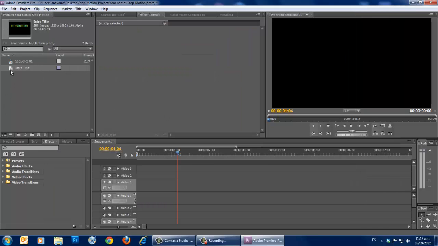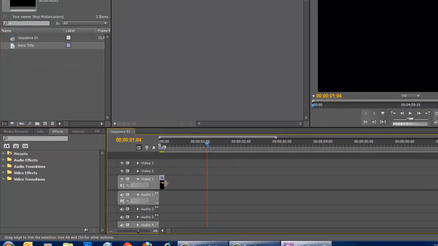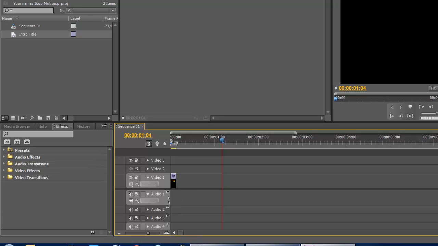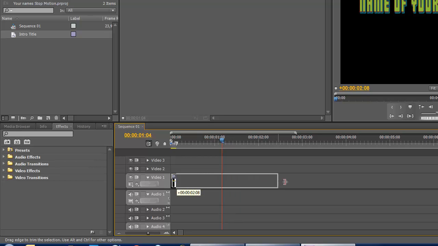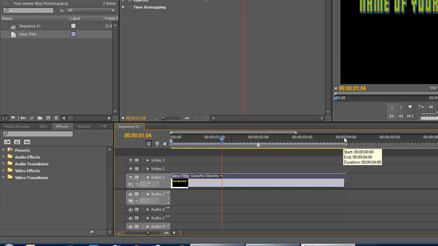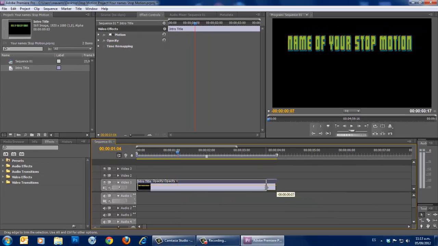When you close this window, that title will appear here, and you now have to take it to the timeline, and with your mouse, be careful, you always need to have this selection tool. In this case, move your mouse to the end of the clip, and then you can make the clip longer. Let's say we want it to be 4 seconds, so we move it to number 4, or make it shorter, so I'm going to leave it at 4 seconds. If we click on play right now,